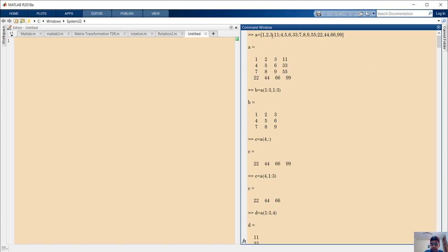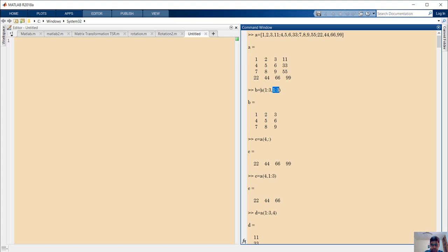I've taken 1 2 3 11, and this, as you can see, all this. Okay, going to the next. Now if you want to create a matrix from a matrix, then we have this B. We are taking all the rows. Colon implies all, everything. Colon implies all. Okay, and before the comma we have rows, and after the comma we have columns. Rows, comma, columns. Okay, always remember.